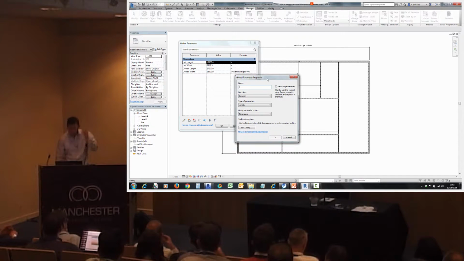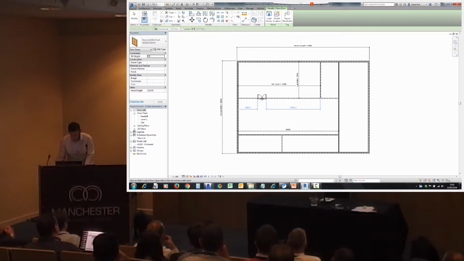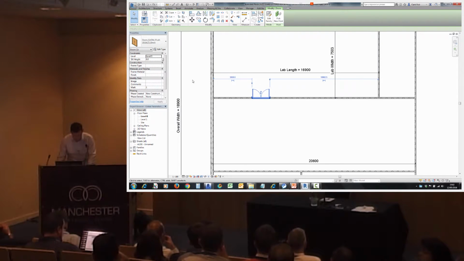So one of the good opportunities for this tool is to have things like, say, a pipe measured to a wall, where the space should be 2 times the pipe diameter, but you can't pick up the pipe diameter. You can't pick up anything from a family, hence why it's not all that useful. It's a good tool, but very hard to develop. When you are taking which parameters you are taking